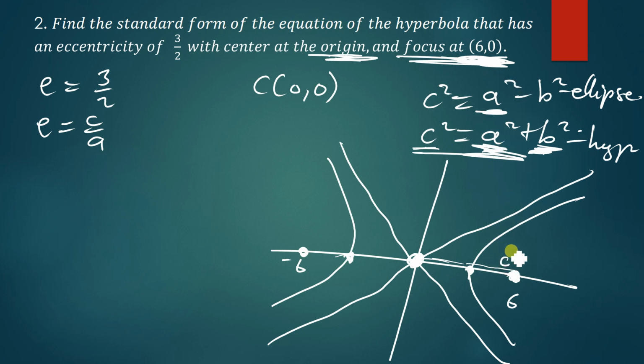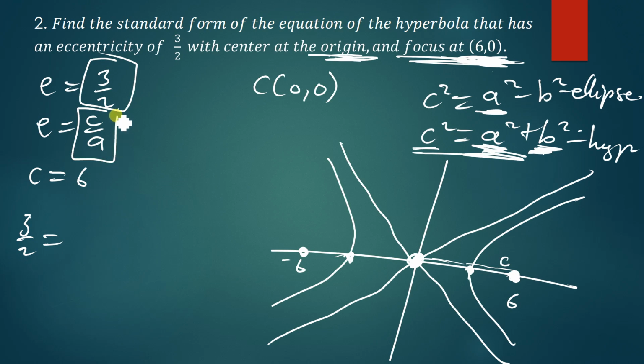So according to the focus that we've been given, the value of c is simply just equal to 6. So now we know that the eccentricity has been given to be 3/2. So we say 3/2 is equal to